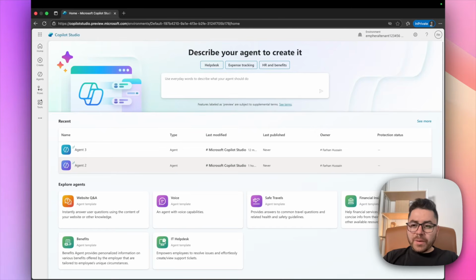So this is how the Copilot Studio platform looks. And to access this, simply head over to copilotstudio.com. And if it is the first time you're going to the site, it will ask you to create an account. There is a free trial as well if you just want to give it a shot and see how the